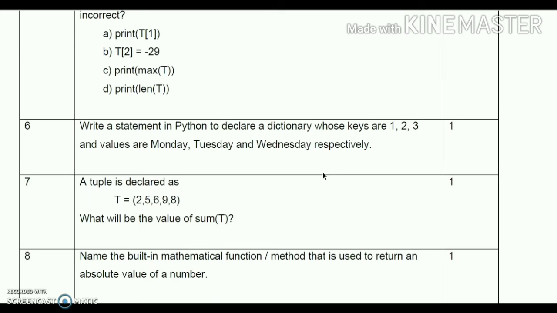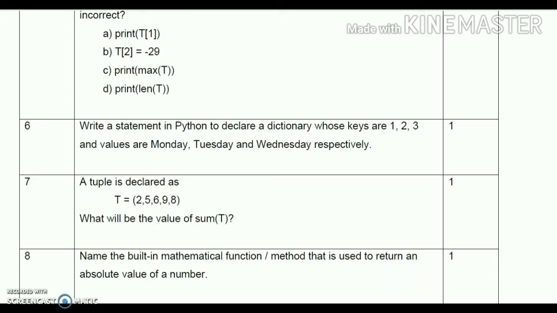Open curly brace, write 1, then colon, then in single quotes or double quotes write Monday, then put comma, then write 2, colon, then in quotes Tuesday, comma, 3, colon, in quotes Wednesday, then close the brace. So this one is also one more question.